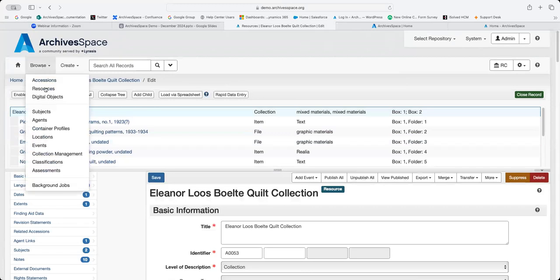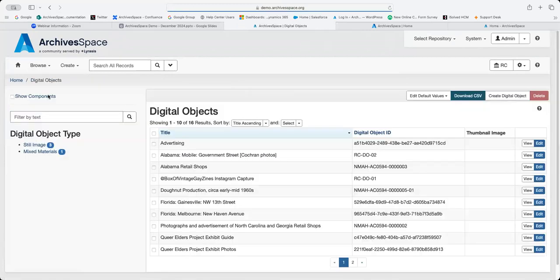All right, and then finally, I'm going to briefly show you some digital object records. Before we look at digital objects, please keep in mind that ArchivesSpace is not a digital asset management system. You cannot ingest or store digital materials in ArchivesSpace. ArchivesSpace supports the management of digital object metadata, so it allows you to manage description of your archival holdings within a single system.